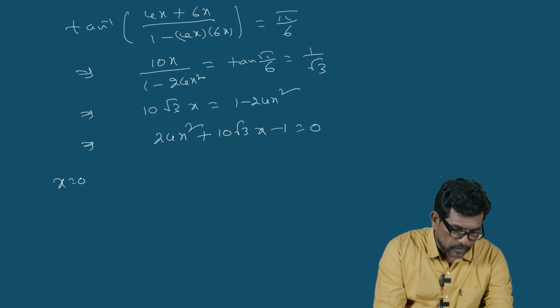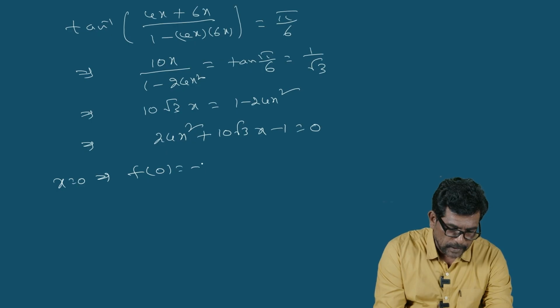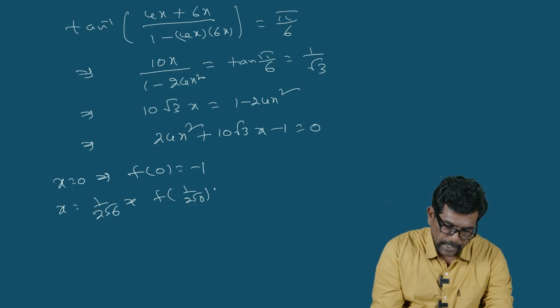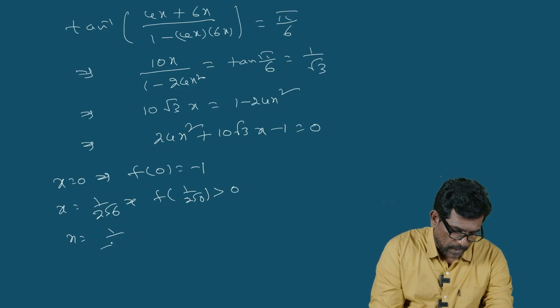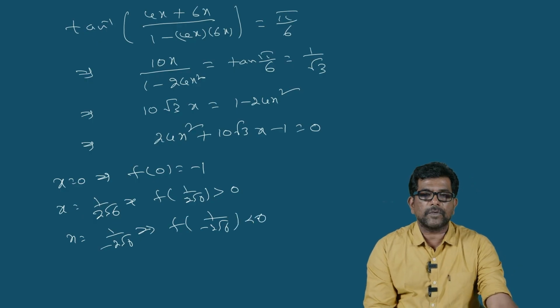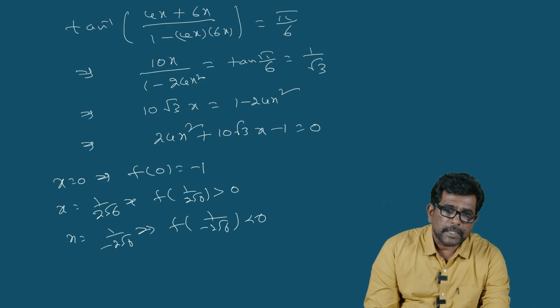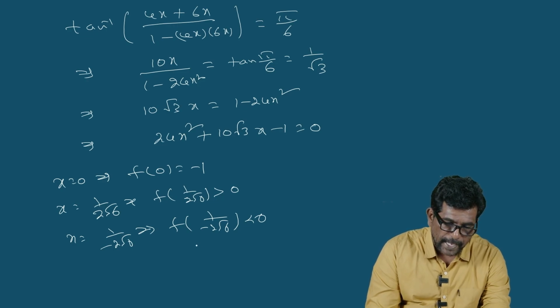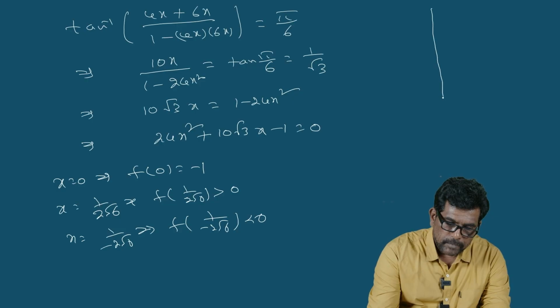When x is equal to 0, it crosses, f of 0 is equal to minus 1. And it is very clear, when x is equal to 1 by 2 root 6, f of 1 by 2 root 6 is greater than 0. And when x is equal to minus 1 by 2 root 6, f of minus 1 by 2 root 6 is less than 0. So by using a root location theorem, this equation, using the diagram, observe the diagram,